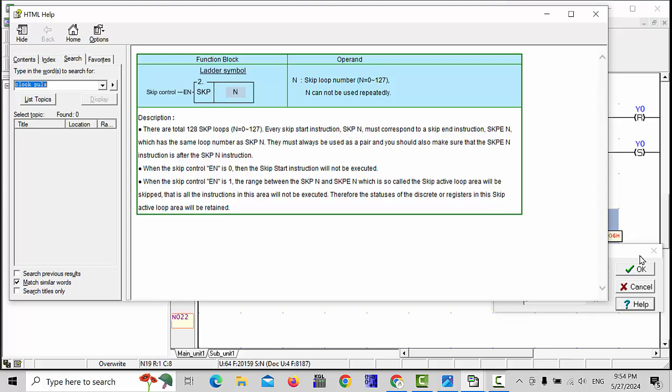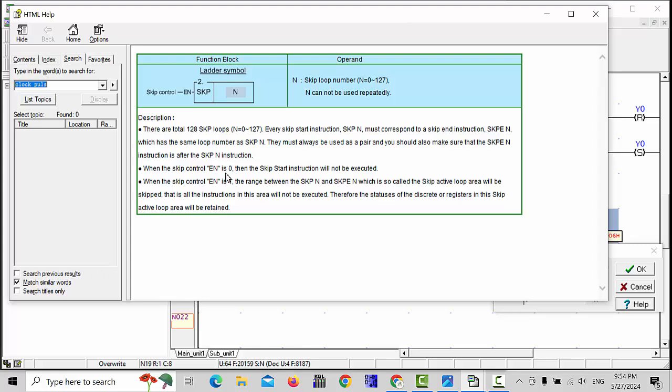A single SKP can't run. They must always be used as a pair with the same loop number, and you should make sure that the SKPEN instruction comes after